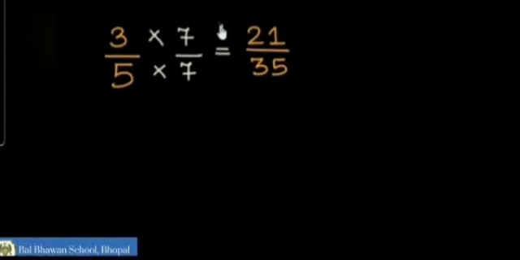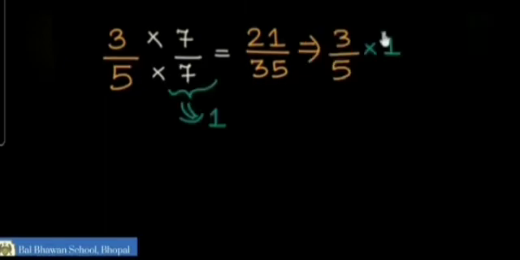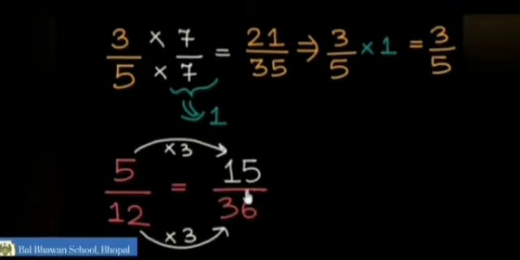Children, whenever we need to find out the equivalent fraction, we need to multiply or divide the fraction by the same number in the numerator and denominator. As when we do this, it will not affect our new fraction. Since when we multiply by the same number in the numerator and denominator, when it cancels out, it will give us 1 only. So multiplying any number by 1 will get the same number. That is why we multiply the number in the numerator and denominator by the same number.